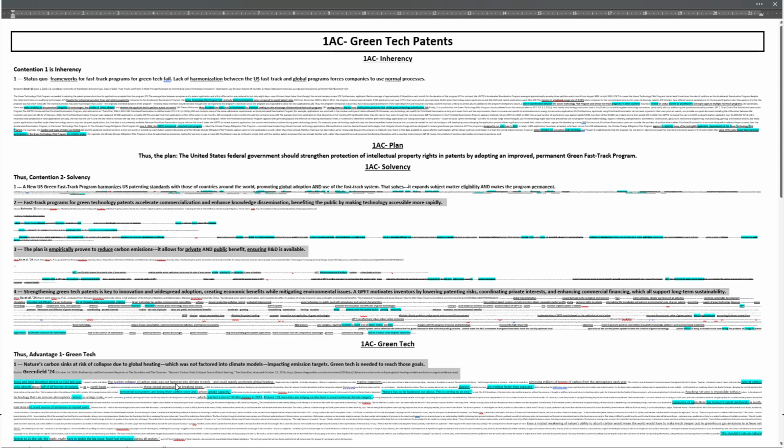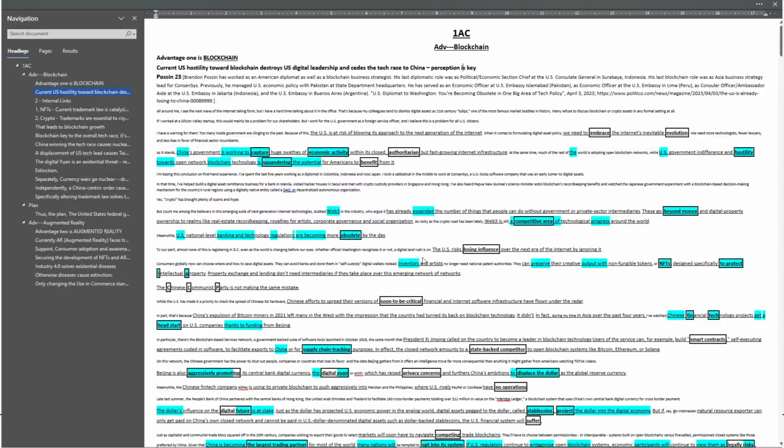And then they have an advantage, which I don't think we have. Yeah, no, we don't have the rest of this advantage, but in it identifies a big risk and impact, if you will, that needs to be solved for, and that impact is a harm. And then in the advantage, they also identify how the plan solves for that harm. We'll get into more advantages and disadvantages at a later date, though. So this one is a